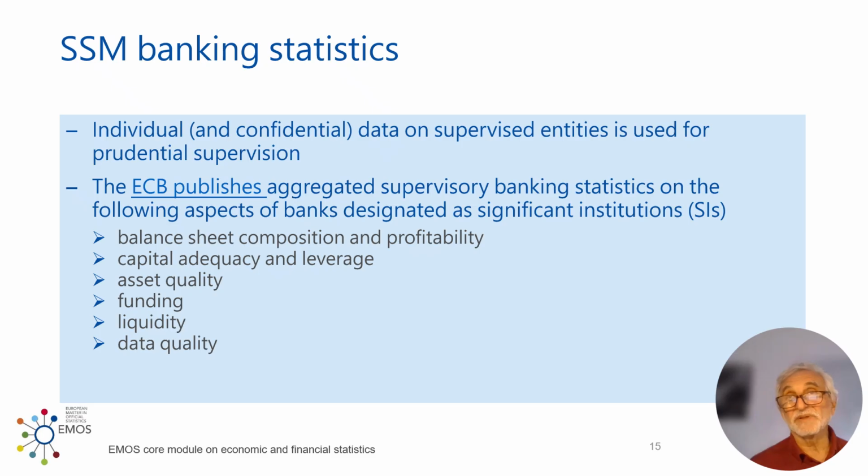Now, obviously, this cannot be published on the basis of individual banks because it is confidential. If the people outside on the market would know exactly, let's say, certain exposures of the Deutsche Bank relative to certain debtors, for instance, these are very confidential information. So what the ECB does, it collects this information, puts it at the disposal of the supervisors, the so-called SSM, the Single Supervisory Mechanism, which is in the ECB, the banking supervisors.